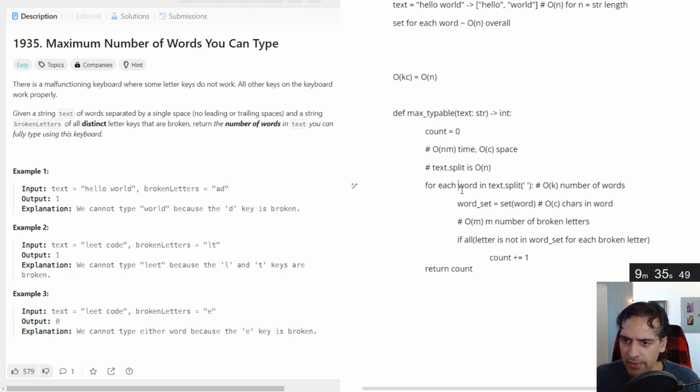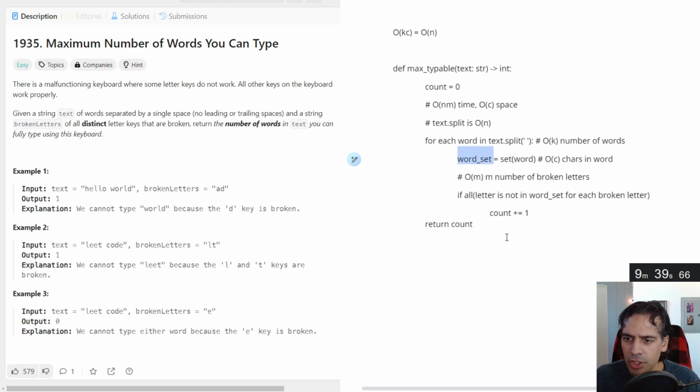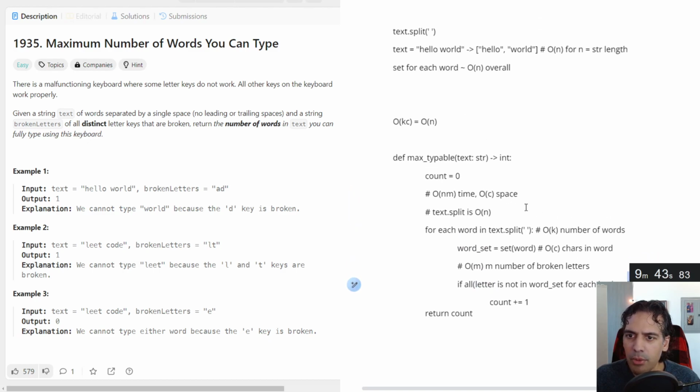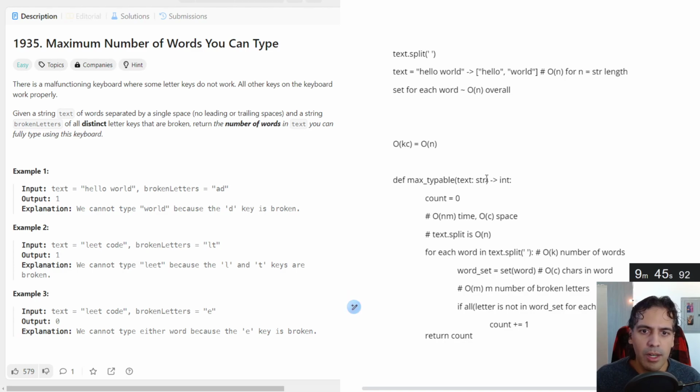For each word inside of that, make a set from that word, check for each broken letter, and broken letter is going to be passed in also, and we're going to call that, I don't know, broken letters, it looks like, which is also a string.